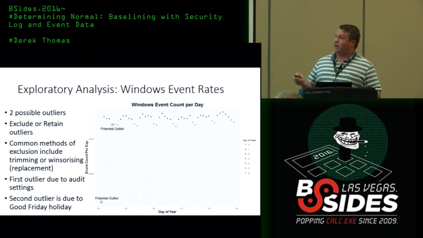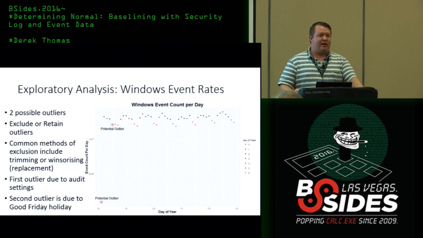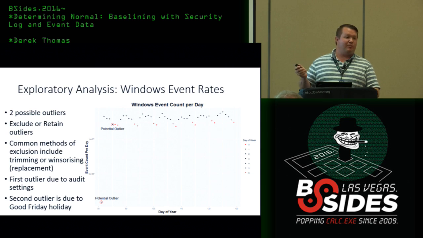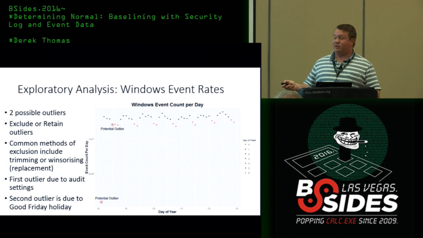So there are 2 possible outliers. We need to figure out how we're going to handle them. I find that within the data science and statistics community, handling outliers seems to be a really tough debate. Do you get rid of it? Do you keep it? But I think that in these cases, we want to get rid of them, especially this one, because this is not normal traffic. So we don't want to use this to base our baselines off of.